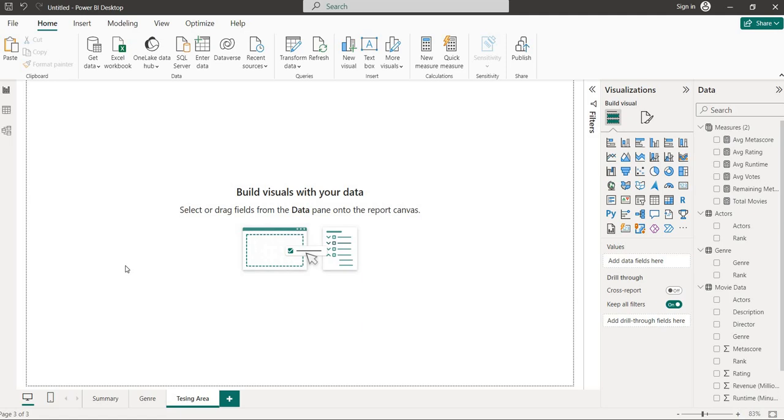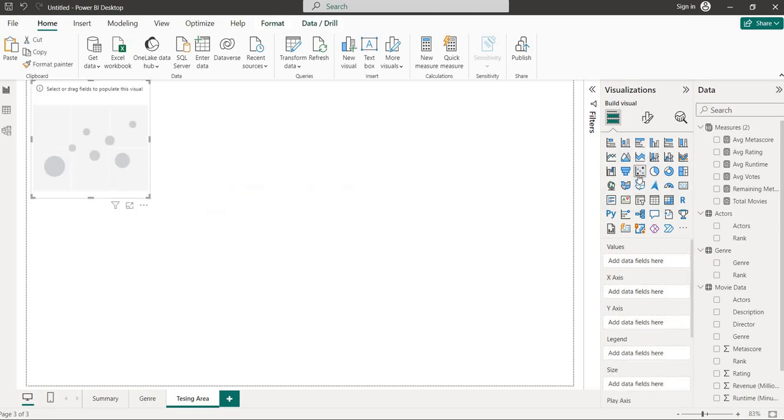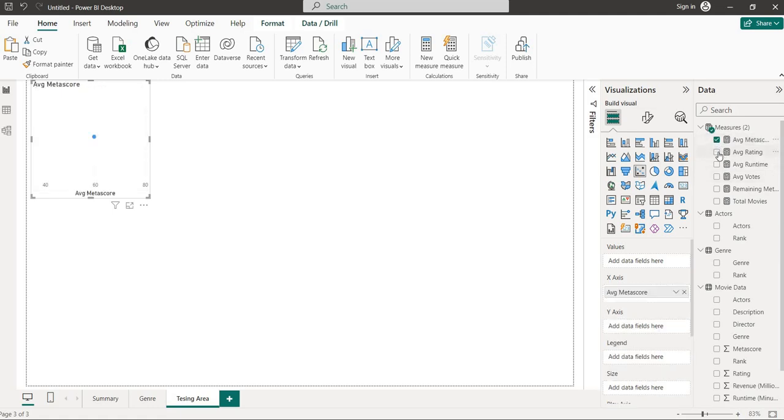Okay, so now let's make some scatter plot. Why are we making a scatter plot? Let me tell you why. We will see the comparison between average metascore and average rating on the basis of genre.